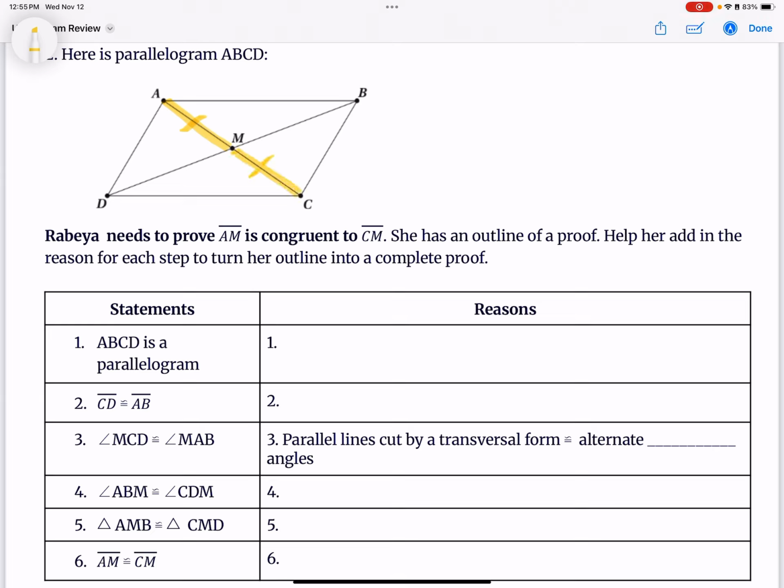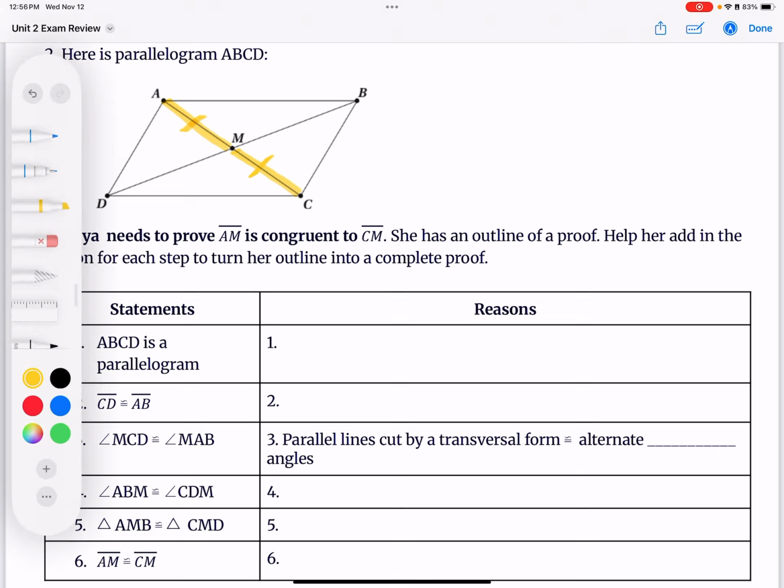Now we already know that in a parallelogram, diagonals bisect each other, which immediately shows us that these two line segments are congruent. But let's just say that we don't know that the diagonals in a parallelogram bisect each other, and since that is something she's trying to prove, we cannot actually use that property of a parallelogram in this scenario. What we're going to do instead is prove that triangle